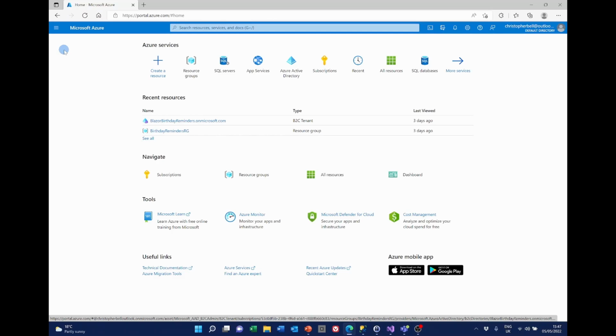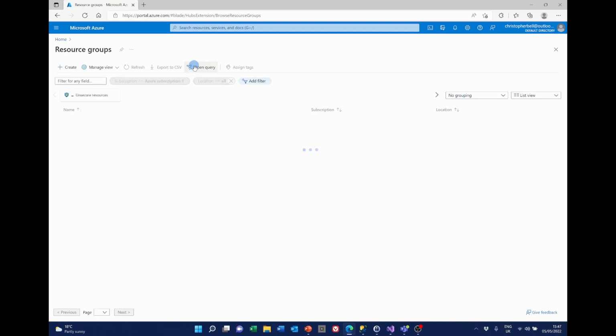However, I suggest creating a new resource group for the SQL database and the app. If anything goes wrong, it will then enable us to delete the new resource group while leaving the Azure B2C resource group intact. If we click Resource Groups and click Create,